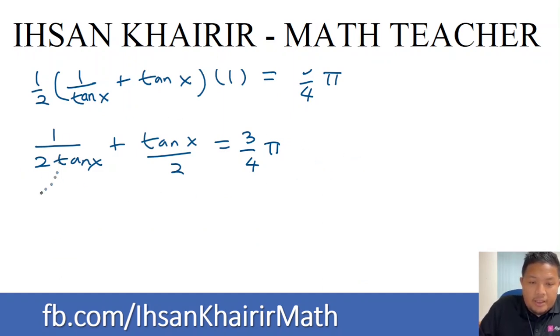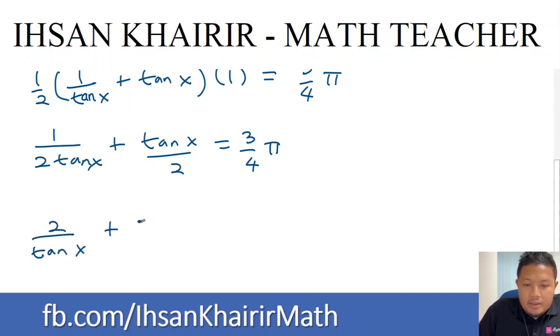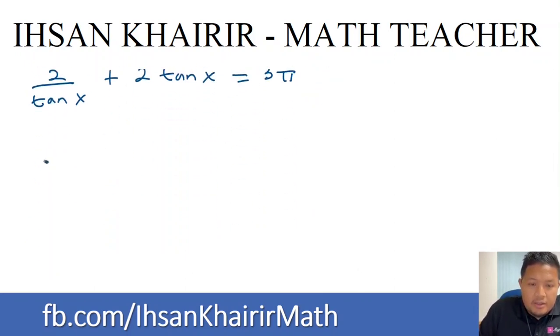When we do that, we'll get 2 over tangent x plus 2 tangent x equals 3 pi. And then when we multiply the entire equation by tangent x, we'll get 2 plus 2 tangent squared x equals